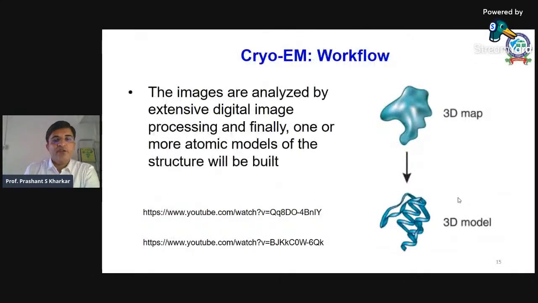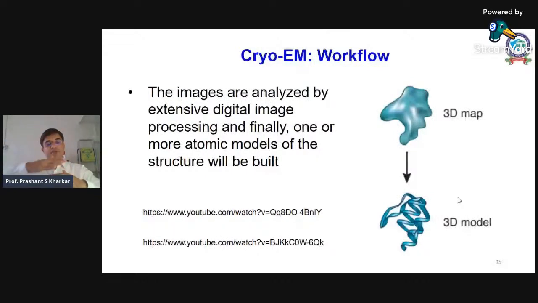So I really hope you followed the process. The first part was making a thin film on the grid, and then wiping out the excess liquid so that only a very thin film is left on the grid. Then it is flash frozen or plunge frozen by dipping it in liquid ethane, and then that is subjected to the electron beam, or the picture is taken by the electron beam. While it is flash frozen, the molecules are trapped in different orientations, and when the